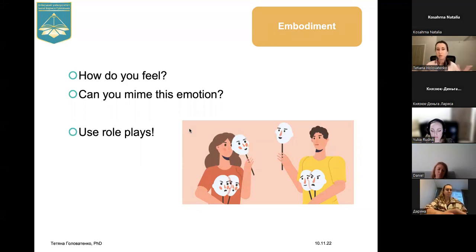And then using different role plays is also helpful for your students. Role-playing dialogue, for example, or role-playing some skits will help your students feel less stressed, and also by moving their body, they will distract from those traumatic events and triggers.